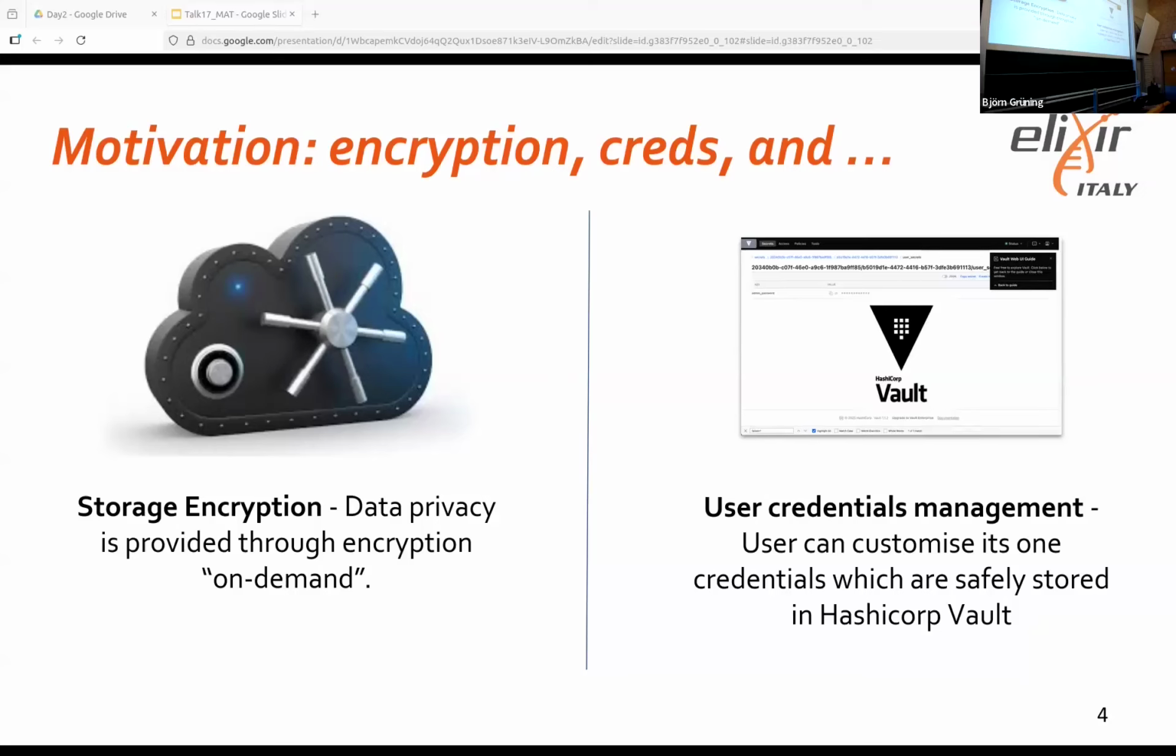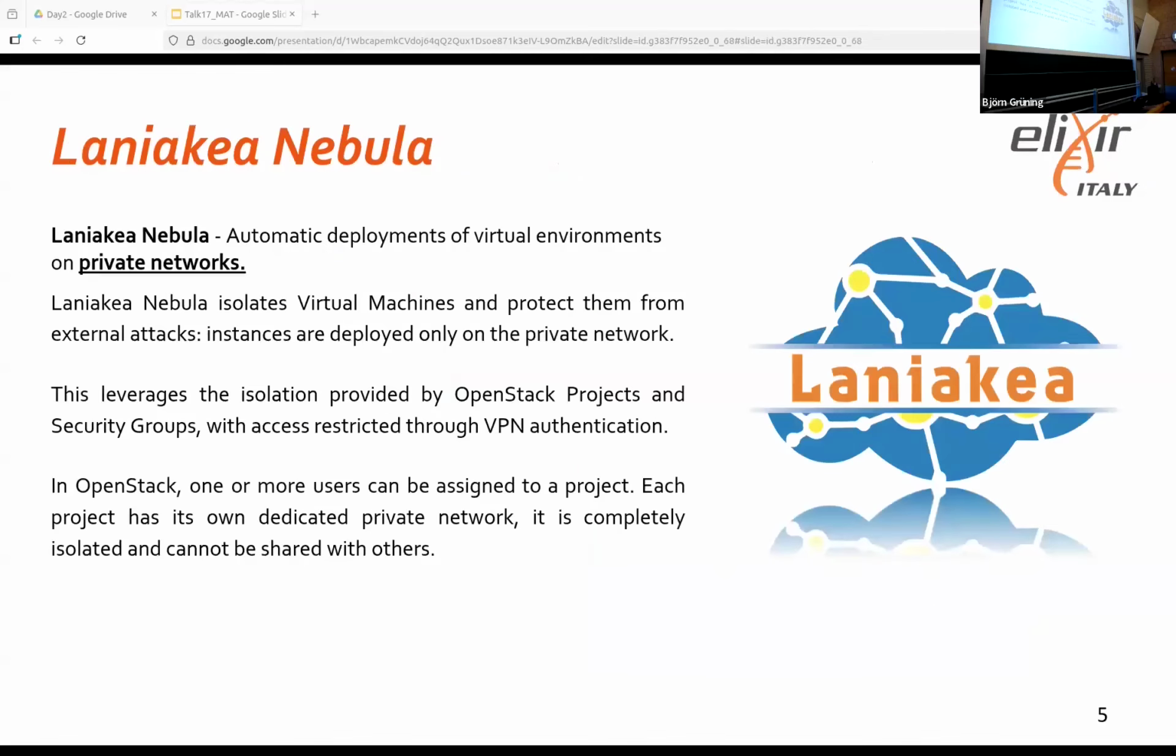The last step that we want to give to our users is the possibility to isolate the instance completely, also from the internet. So in this case, we just have to use the OpenStack projects that are deployed on OpenStack with a private network. On OpenStack, each project has a dedicated private network. So what we need is a way to provide users access to this private network, possibly not using the VPN provided by